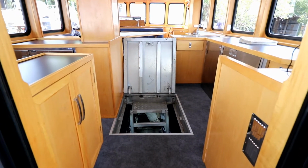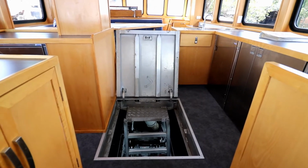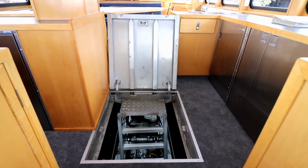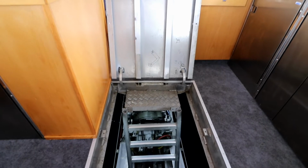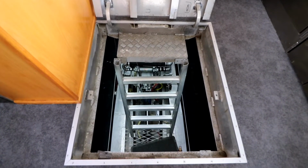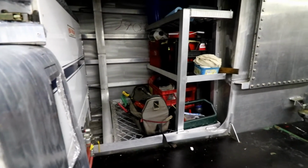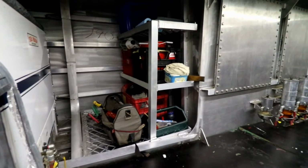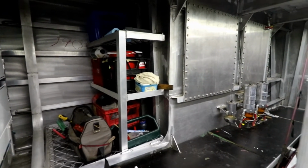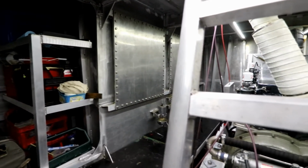Returning to the main companionway, we're now stepping in with the engine hatch open. The engine is accessed through the floor and down a robust ladder to a grid mounted on the engine bearers. This is a sweeping view looking to port in the engine room, forward through the stairs to the significant tanks,